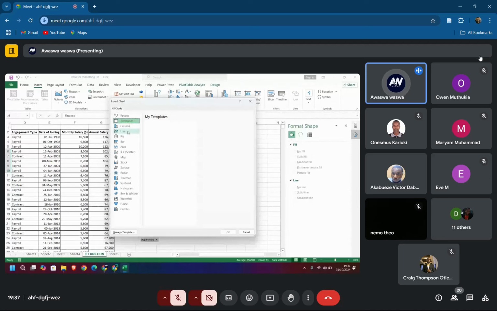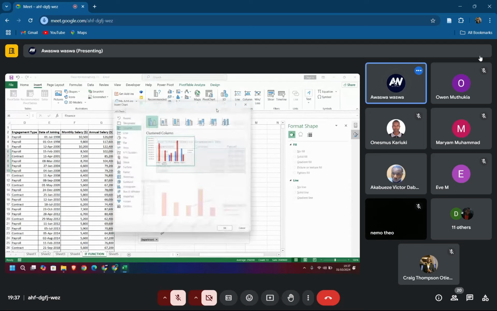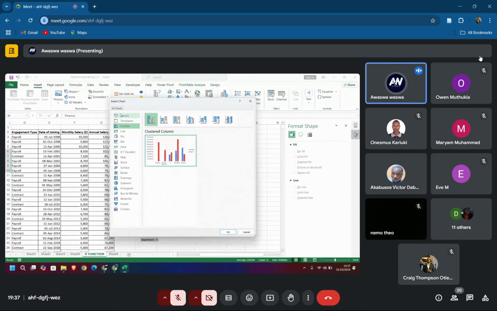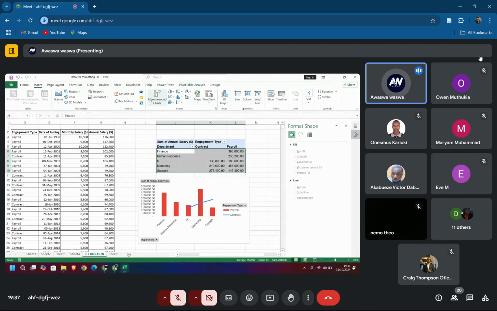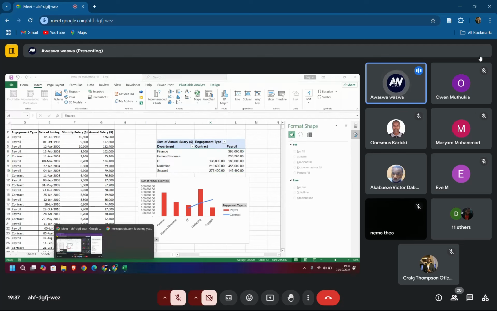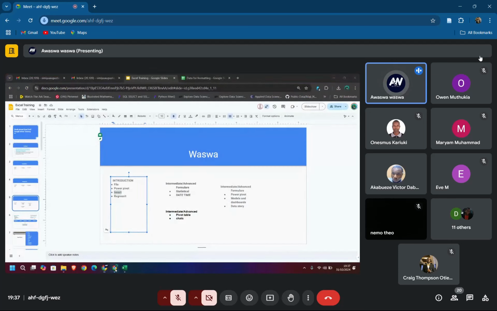There are different types of charts here. So if you want to activate things like these ones, you just come and click here on the chart, and then you look at the one that you need. So it's usually good to practice. The more you continue practicing, the more you'll understand the chart and the chart areas the way they are. So for that, I will look at the next one that I'm supposed to look at